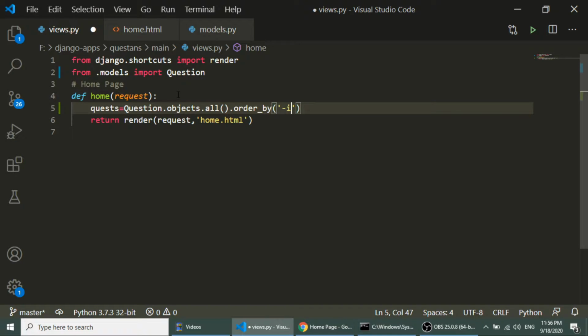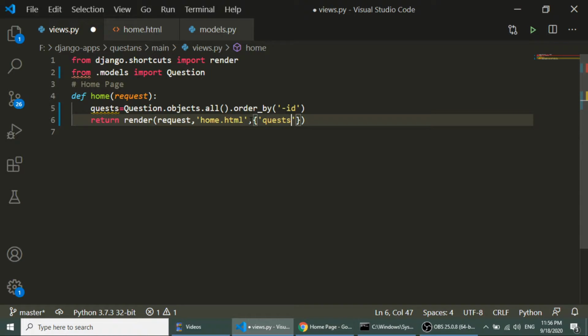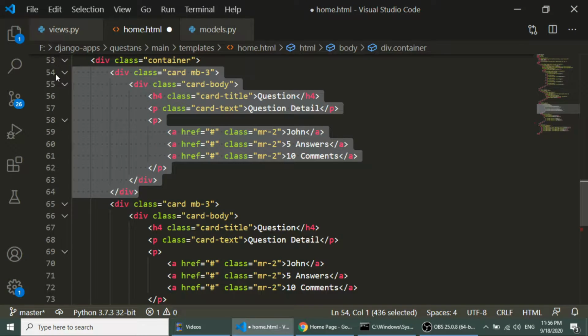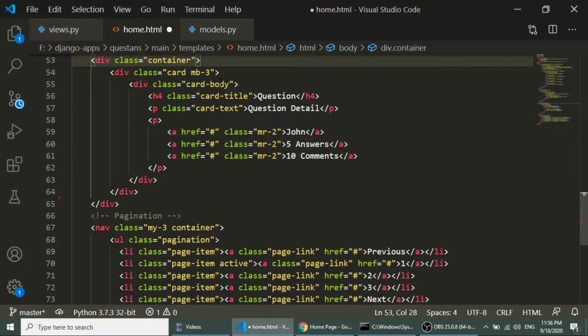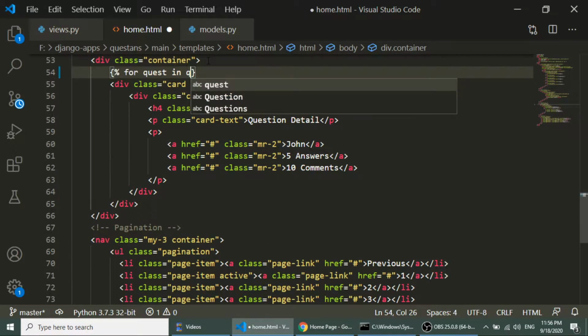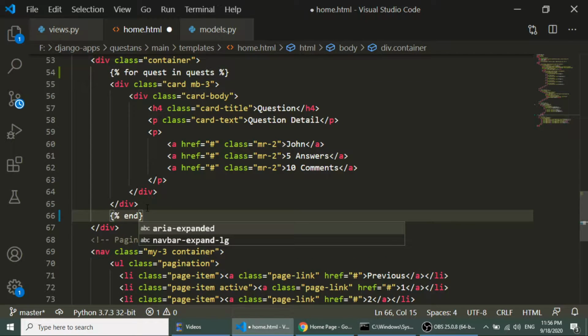And now we will pass this here as quests, and in the HTML template I will remove these repeated cards, and here I will run the loop for quest in quests, and here I will add endfor.